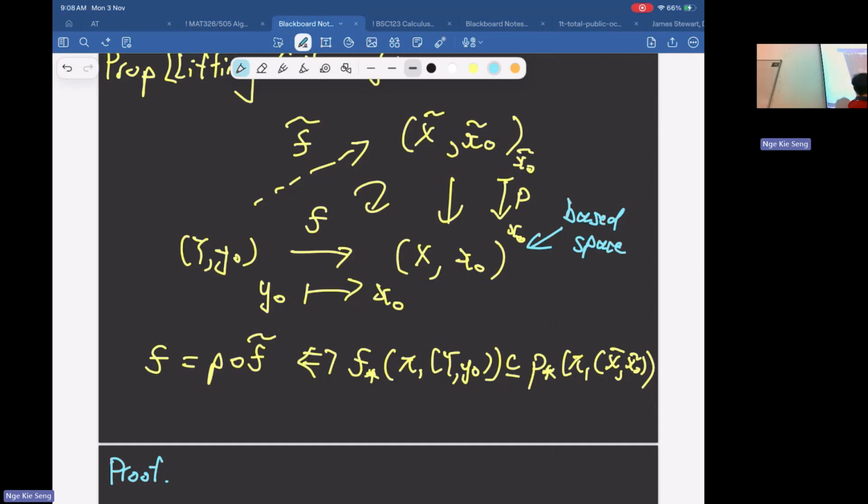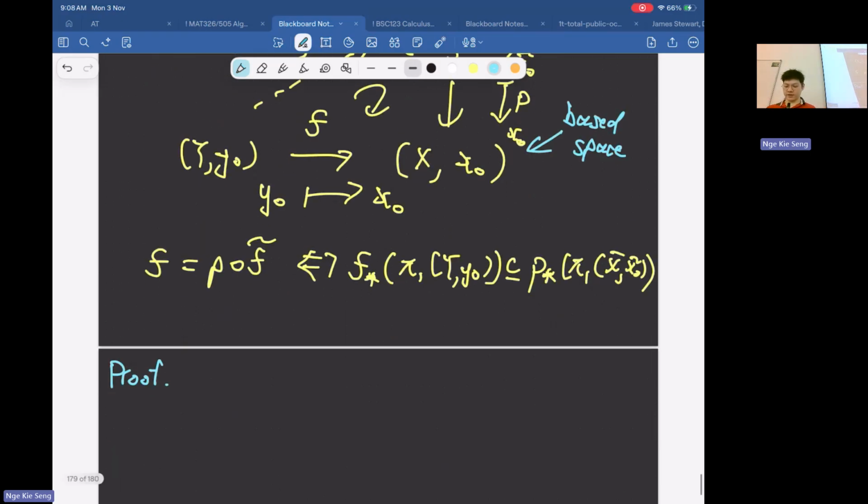If you know that f is equal to p composed with f tilde, then f star is equal to p star on f tilde star. Then p star of something is the image of p star. It's already equal, it's not just a subset. So left to right is easier